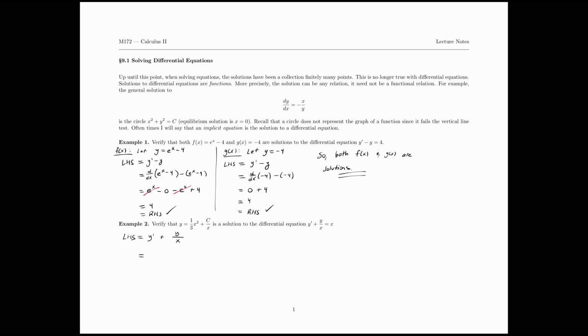Okay, so y prime is the derivative of 1/3 x squared plus c over x. Then we have plus, I'll do the 1 over x off to the side, and then I'll just write y right here. So this is us substituting into the differential equation the proposed solution, y equals. Then we follow the instructions. We take the derivative, so this would be 2/3 x